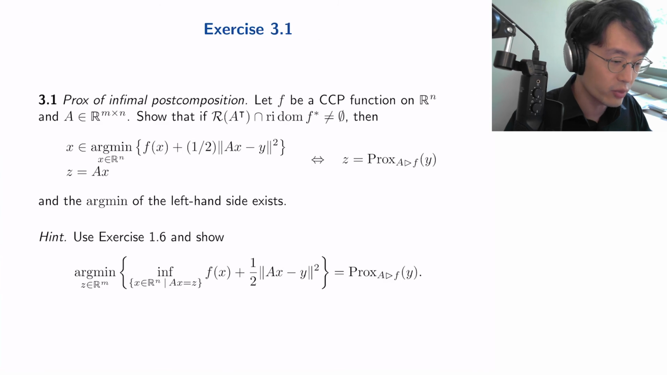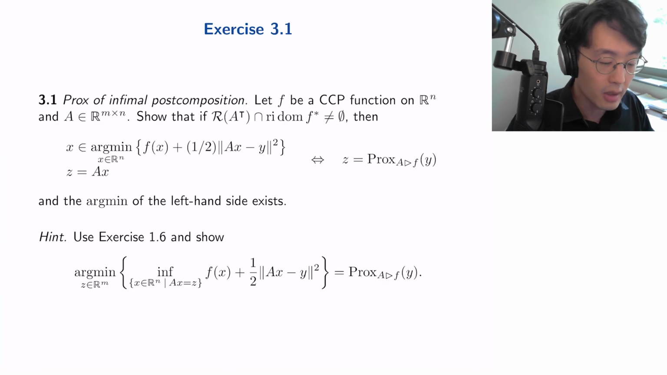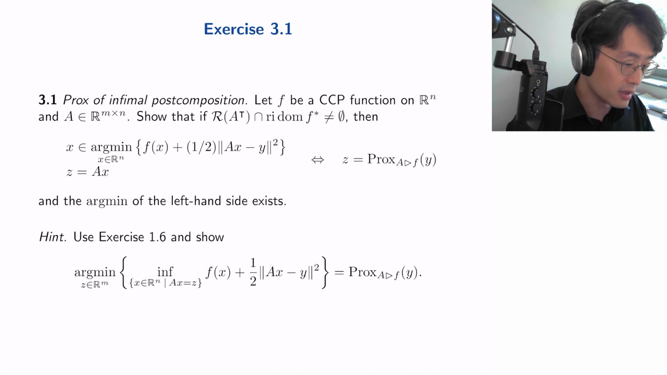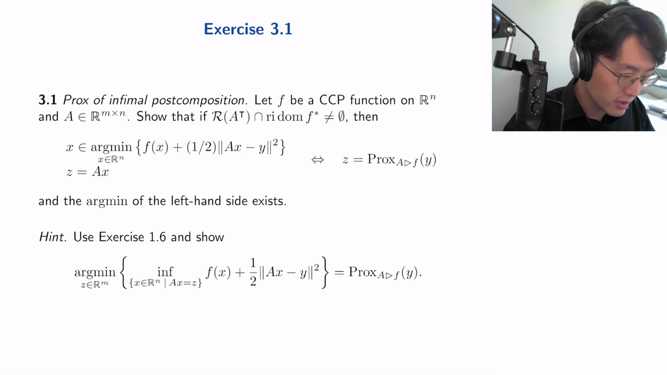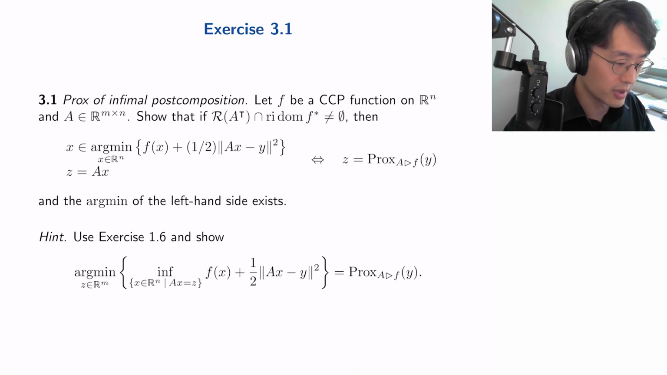Next, we have exercise 3.1, entitled Prox of Infimal Postcomposition. Let f be a CCP function on R^n, and let A be an m by n matrix. We assume the regularity condition: the range of A transpose intersects with the relative interior of the domain of f star. Under this assumption, the goal of the problem is to show that the proximal operator with respect